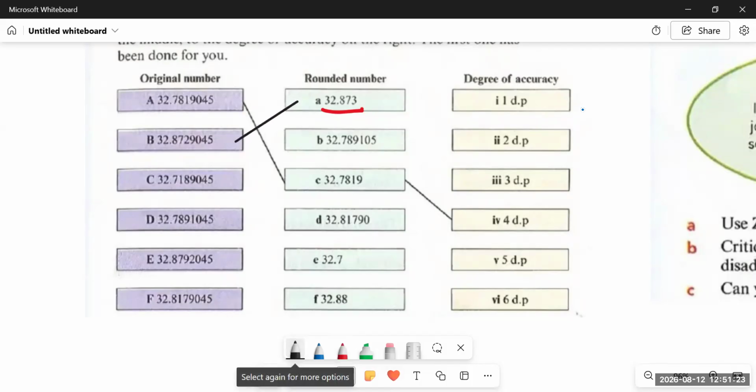And to how many digits is it rounded? Since we have 3 digits in the rounded number, it is rounded to 3 decimal places. Okay. Now part C says